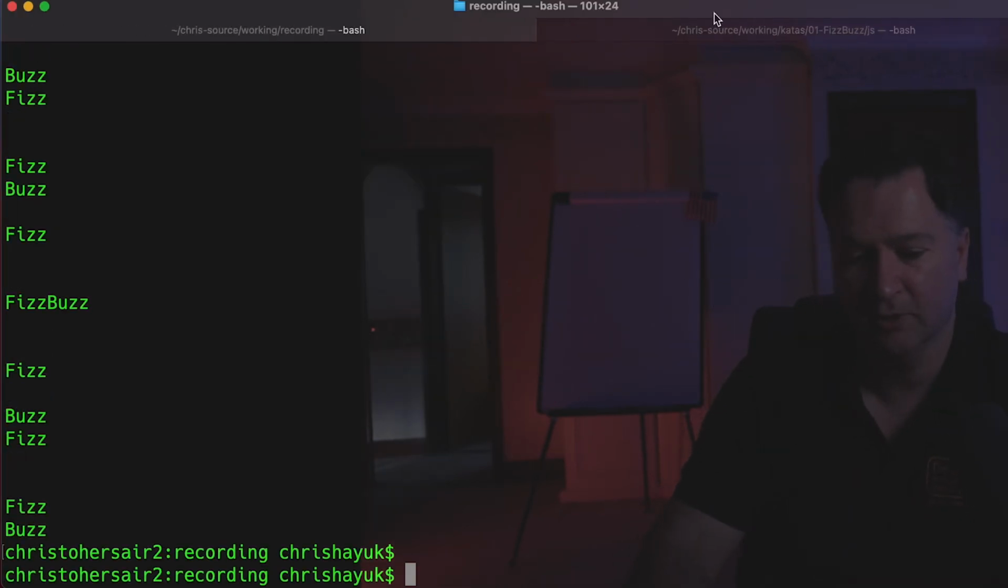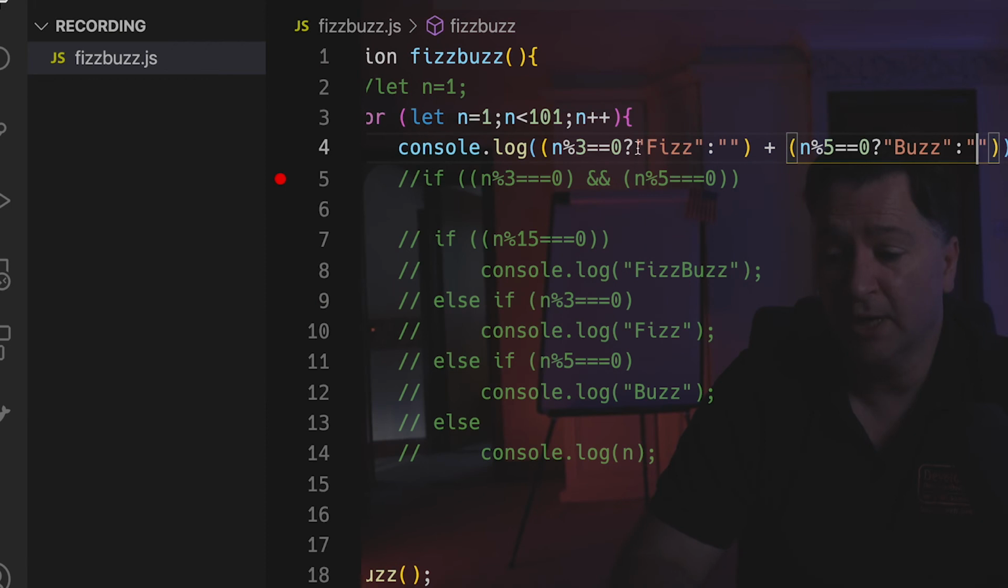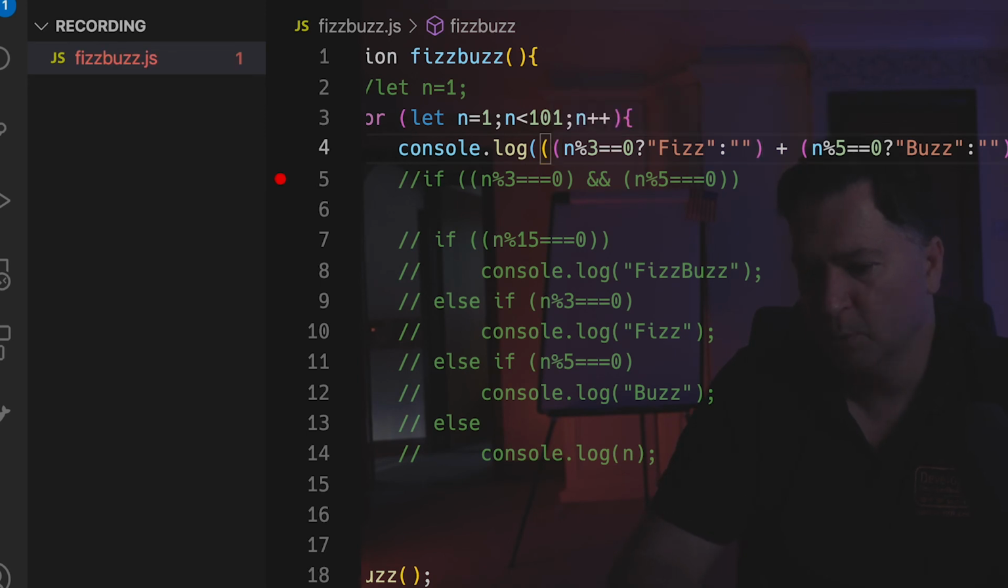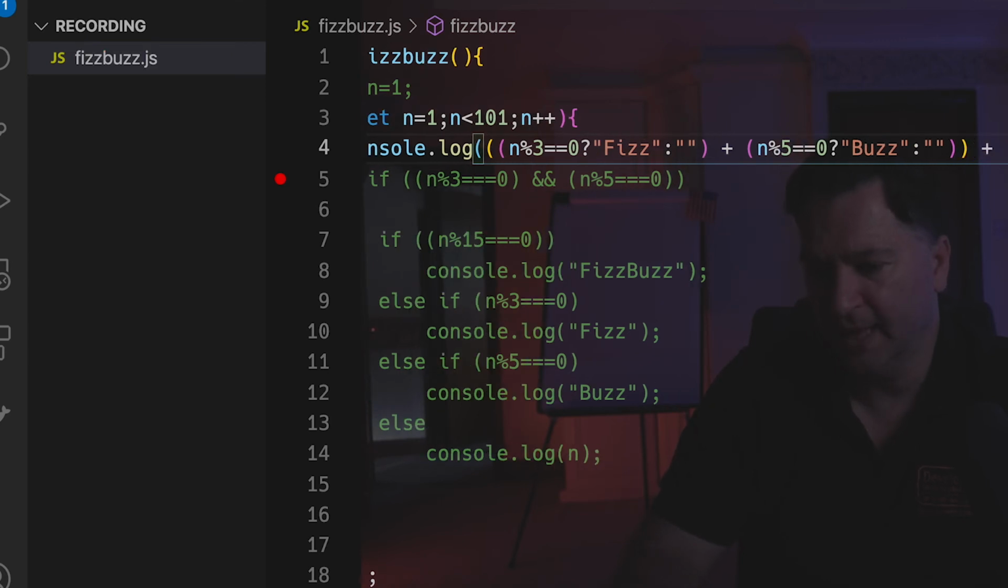So if I run that code again, you can see I've got FizzBuzz, and I've got my FizzBuzzes there, but I don't have my numbers. But what I do have at the moment is empty strings. So if I just take all of this, we'll put another bracket around this, and then I'm just going to add an empty string again. And then what you will see,